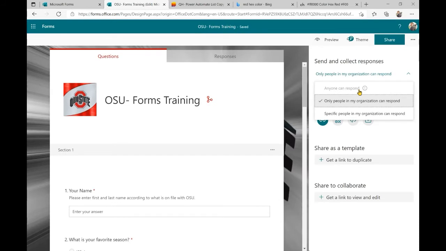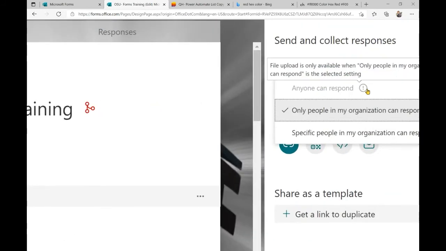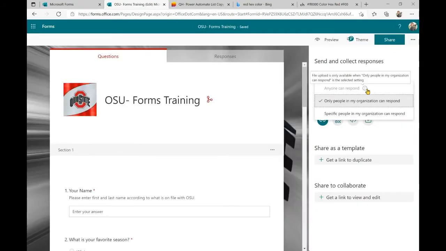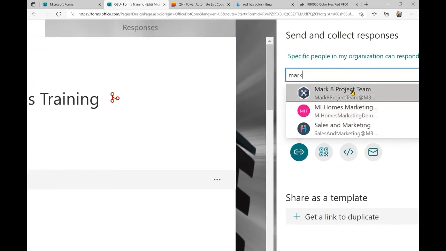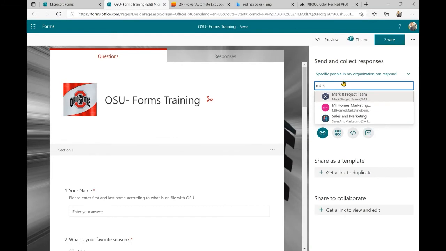So for example, if this was supposed to be customer facing, it is disabled in my demo account. But if it is customer facing and you need clients or customers to fill that out, you could send this link to them and they should be able to do it. Specific people in my org, maybe this is only for your M365 group. So for example, I have a team here, Mark 18. This is like an actual team that we have in Teams. I only want the people in this group to be able to respond to this survey. Then I'm going to go ahead and put in that M365 group, or maybe this is only for specific people. I'm going to go ahead and put in their specific names here.